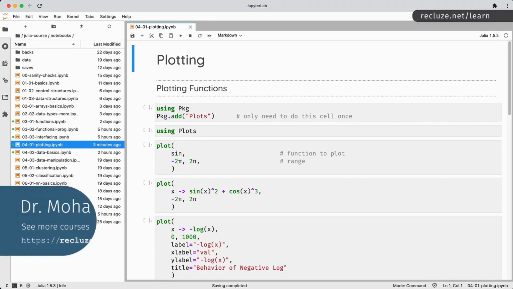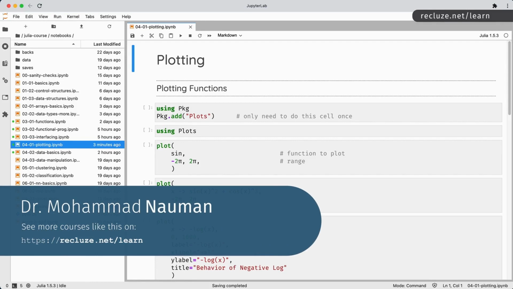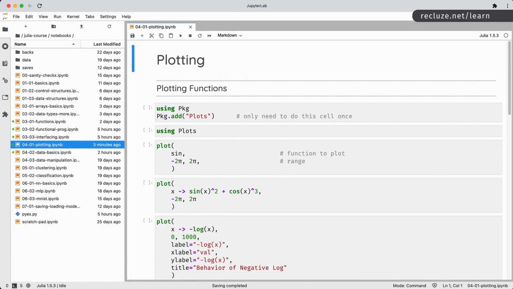You've now seen all the core syntax of the Julia language. There are a couple of things left, but we'll get to them when we need them. So now we are in the position to go ahead and do some actual data science and machine learning using the concepts that we've learned. So let's start off with one of the most interesting aspects of data science, which is plotting. If you're familiar with Python and matplotlib, you would know that matplotlib's syntax is a little wonky. But here we have a very clean syntax and semantics of plotting. So in this video, we are going to take a look at that.